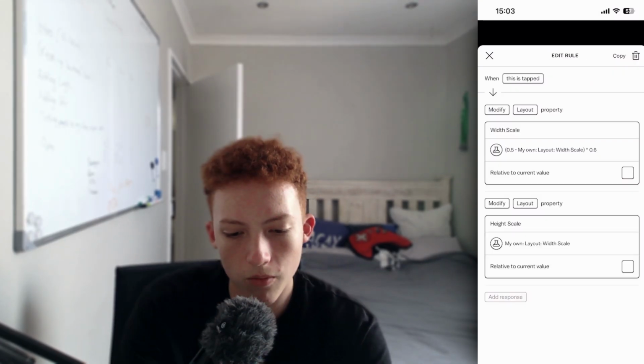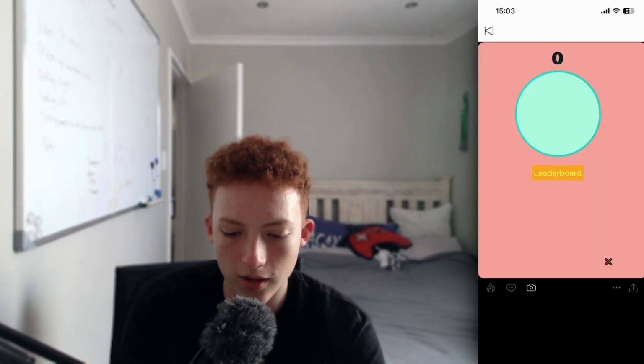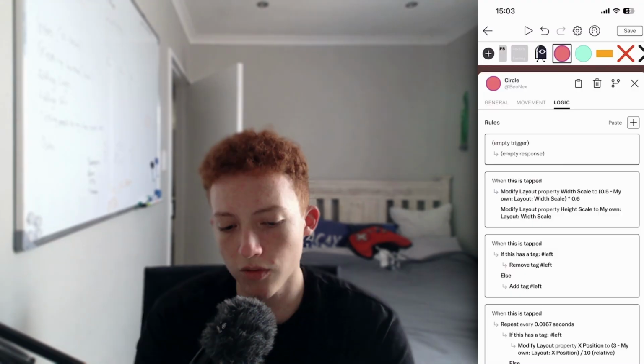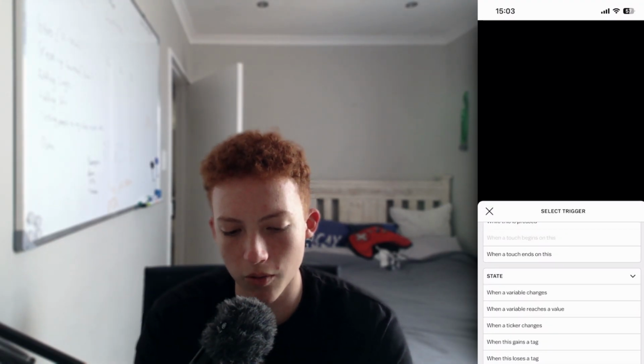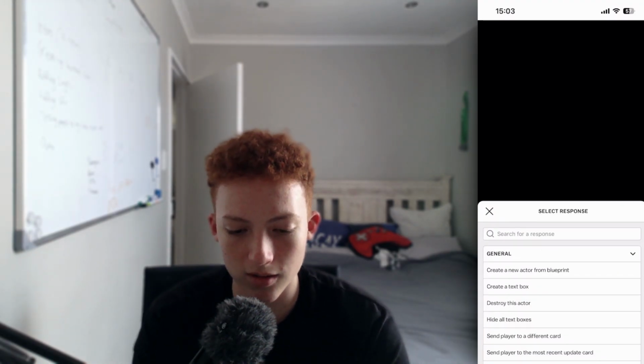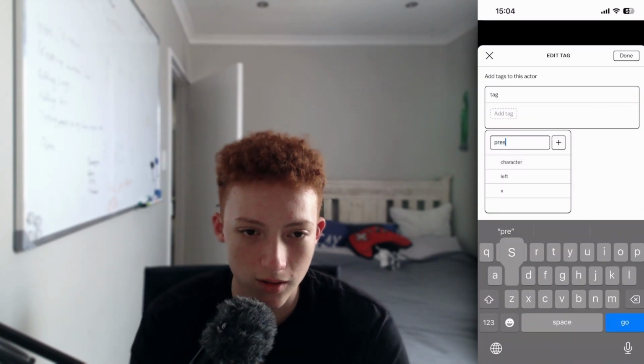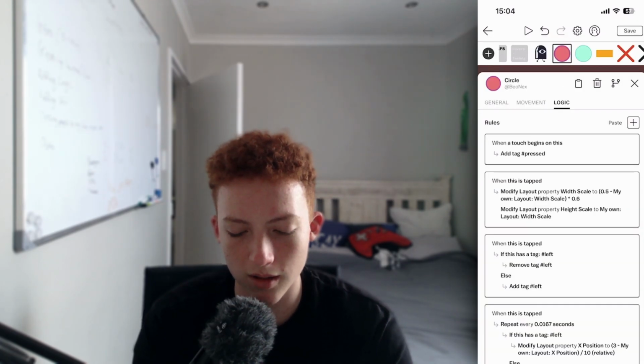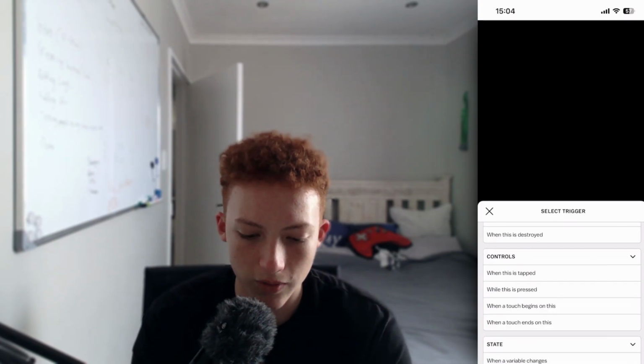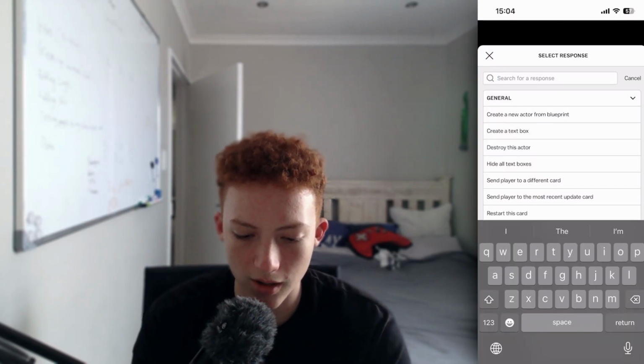Now for this one, once we tap the circle, it's going to get smaller, but it's not going to grow back. Firstly, in a new one, we're going to say when touch begins on this, we're going to add the tag pressed to it. You can name the tag anything you want. I'm just going to say pressed. So once it does that, it's going to add pressed, and when touch ends on this, you're going to remove